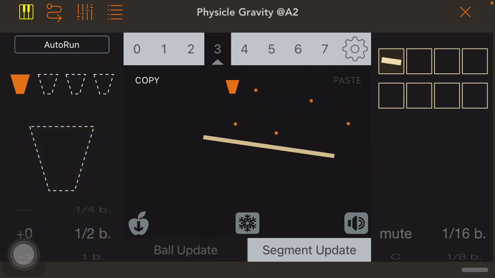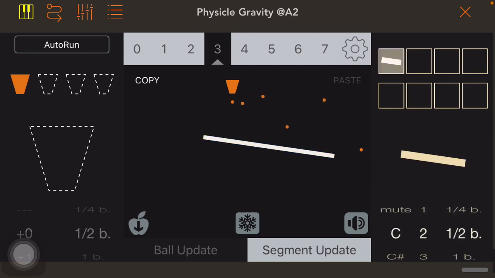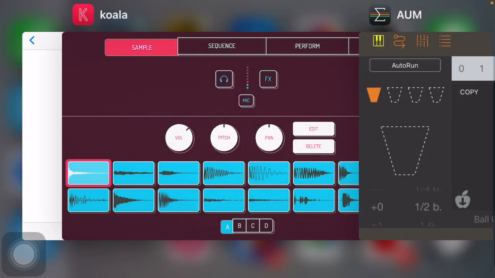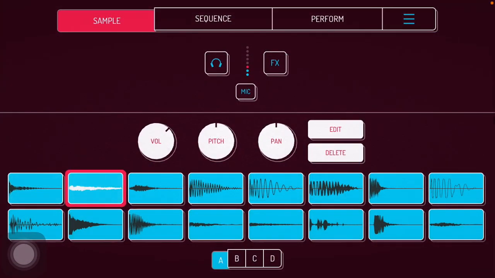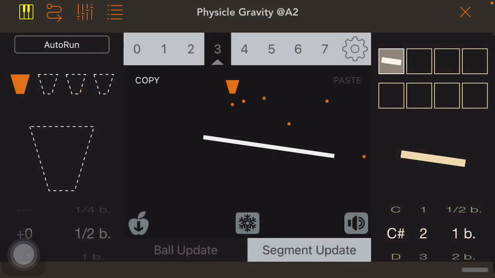As the balls come out of the cup, they hit this line, this segment, and right now the segment is set to play the second octave C. If we were to tell it to play a different note, it would then play a different pad. So if I go back to Koala, you can see it's now hitting the next pad. We could do that over and over again. We could just choose which pad we want to trigger,